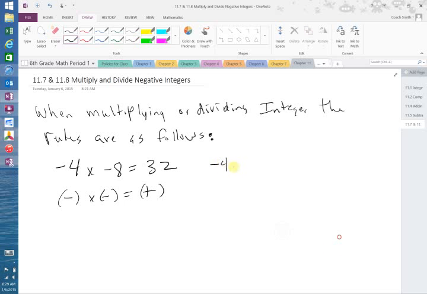Okay? -4 times 8 is equal to -32. So a negative times a positive equals a negative. Same would be true if I had 4 times -8. It's still -32. Doesn't matter where the positive or negative is. Doesn't matter if the negative is with the larger number or the smaller number. Okay? So, basically then,